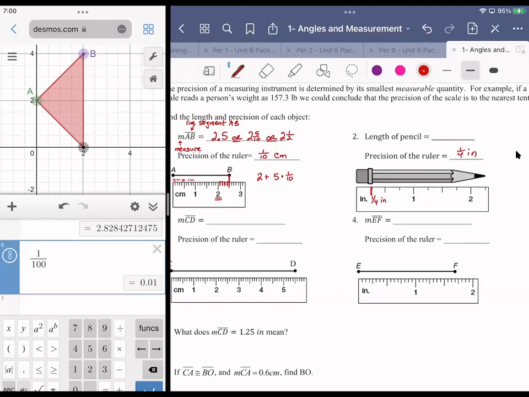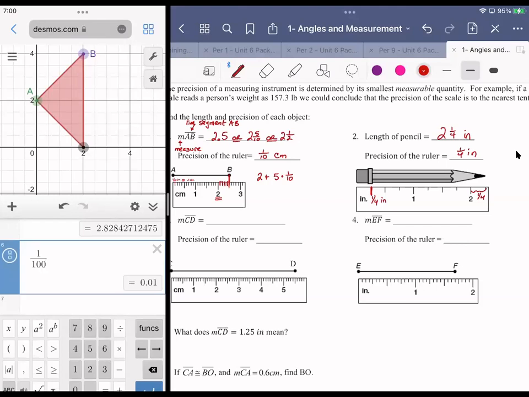Now, beyond the 2, I have only one of those tick marks. That's a distance of 1/4. So 2 and 1/4. 2 plus 1/4, 2 and 1/4. All right. 2 and 1/4 what? 2 and 1/4 inch. All right. But if I told you that the actual length of this pencil is 2 5/16 of an inch,